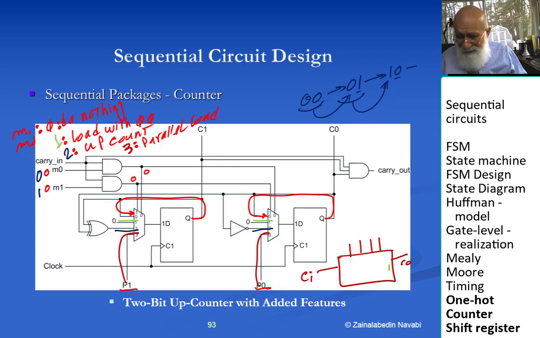What it means is my carry out is the AND function of carry in and the 4 flip-flop outputs. Okay, so if this is a counter with 4 flip-flops,